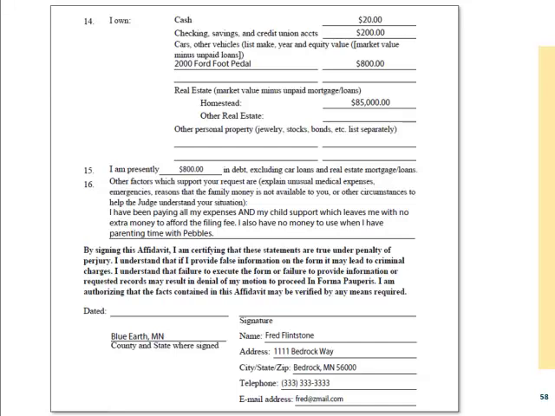For question 16, you explain to the judicial officer why you were unable to pay the filing fee, or list anything else you think will be helpful for the judicial officer to know. When the form is complete, fill in your name, address, telephone number, and email address at the bottom of the form. Date and sign the form, and then fill in the county and state where you signed. By signing the affidavit under penalty of perjury, you are stating that the information in the document is true to the best of your knowledge. Perjury is the crime of intentionally lying or misrepresenting the truth, punishable by fines and other sanctions.